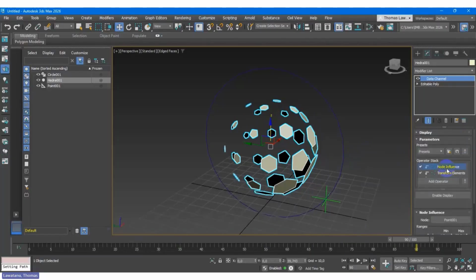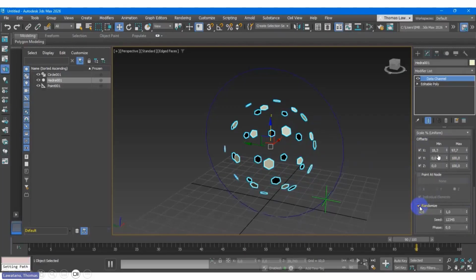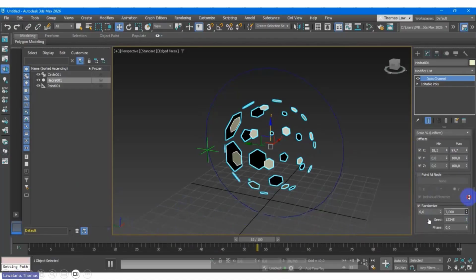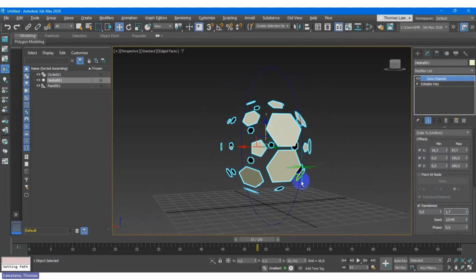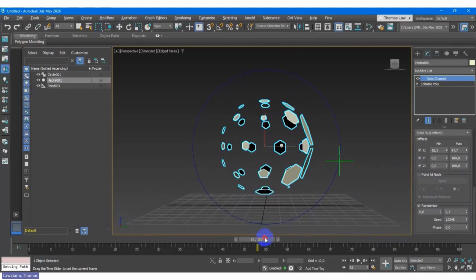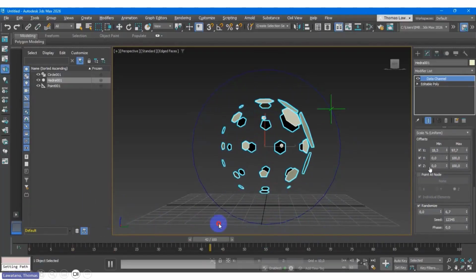Okay, so what's next? This is to adjust the offsets. And in the scale there is a randomize, you can apply it by checking random. Let's say I want to do it more randomly. You can adjust this, which is related with the offset.